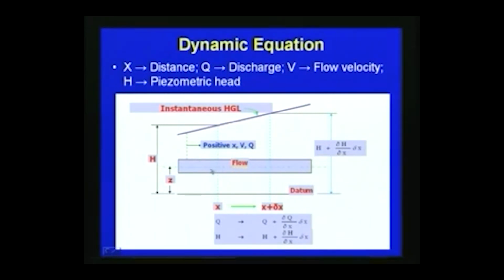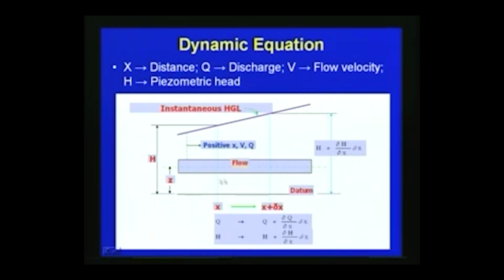Here the radius of the pipe is r, this is the datum, and here the total head, the piezometric head, is h, and the instantaneous hydraulic gradient line is